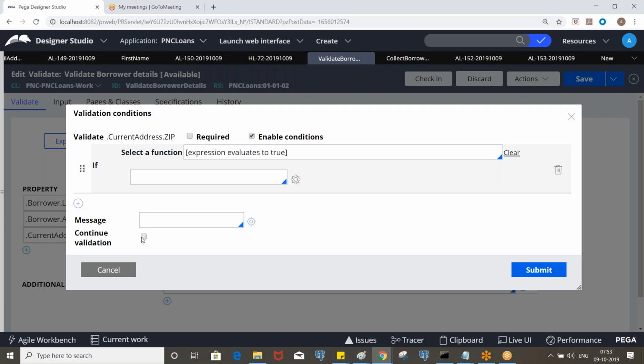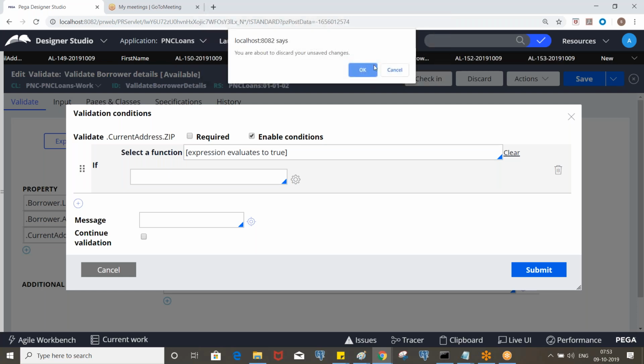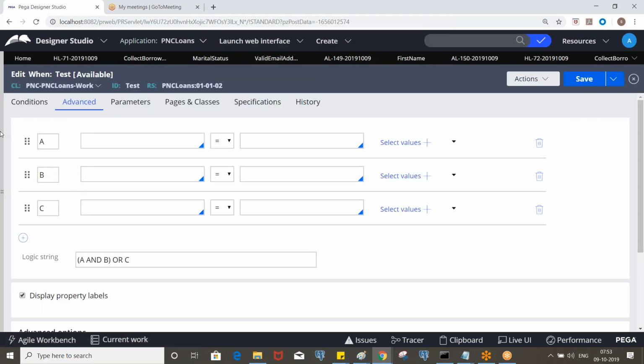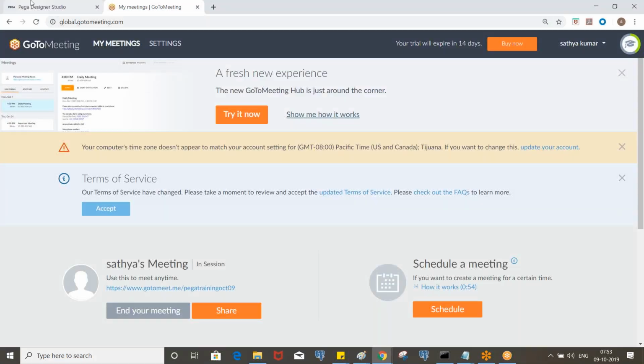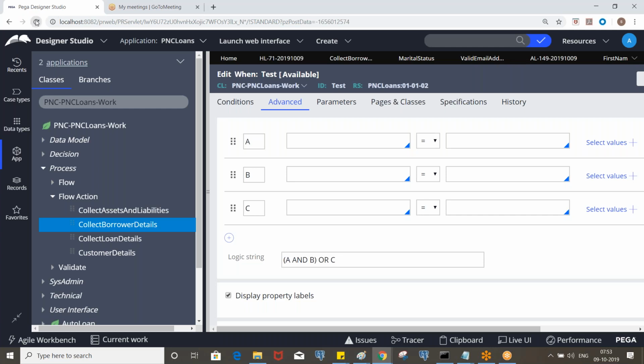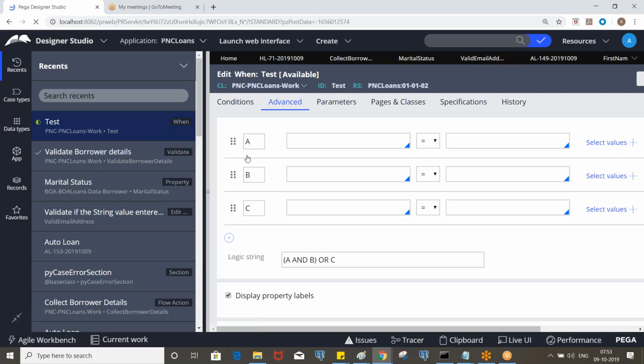Let's say if you deselect this, if this condition is satisfied, it will not go to the next property to evaluate. Okay, so we have a function called, let me refresh it, length.